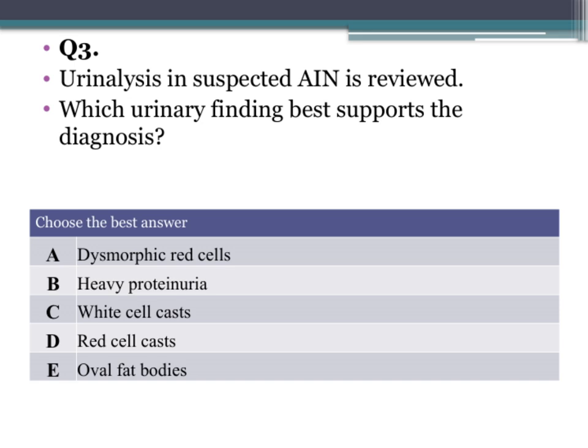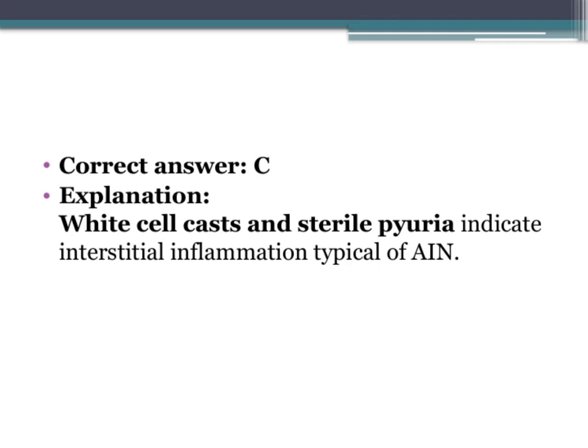Remember, identifying these casts can help us confirm the diagnosis and guide our management effectively. Let's look at why the correct answer here is C. White cell casts and sterile pyuria are key indicators of interstitial inflammation, which is typical of acute interstitial nephritis, or